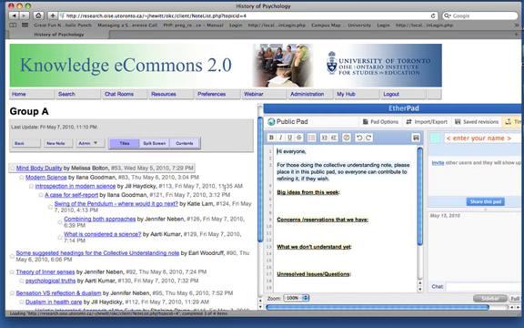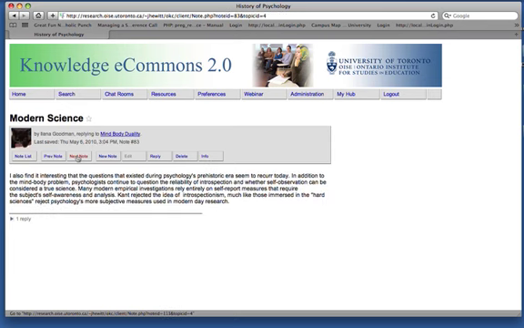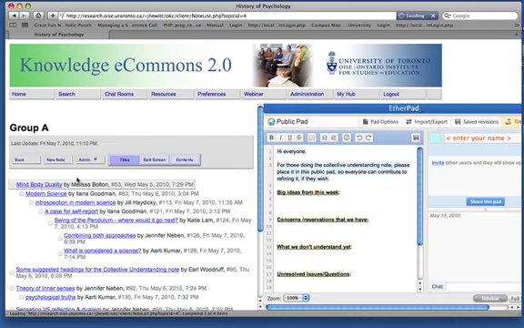Let's suppose we go into the mind-body duality, and we read a note here by Melissa. And Alana also talks about that. Now, I don't know too much about this subject, but let's suppose that I wanted to record some of these ideas in the EtherPad. What I would do is I'd go over here and first enter my name, and I'd say, perhaps as one of the big ideas,